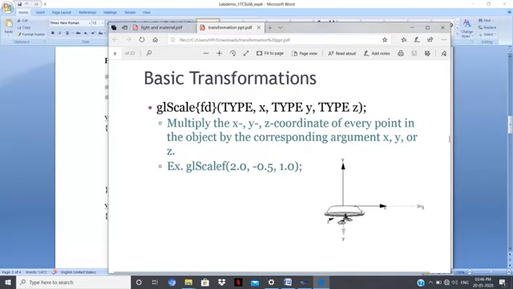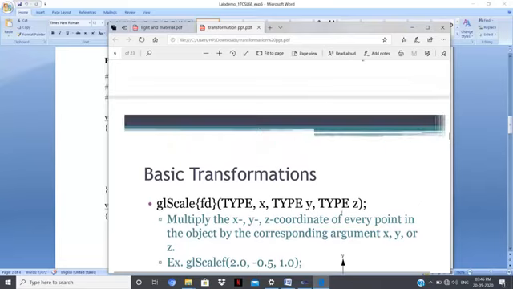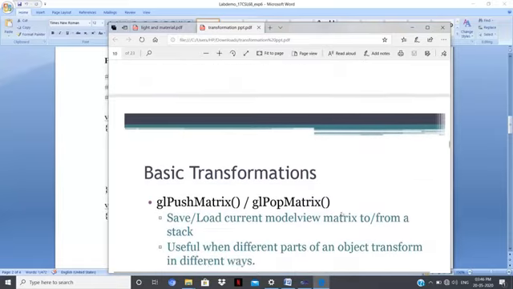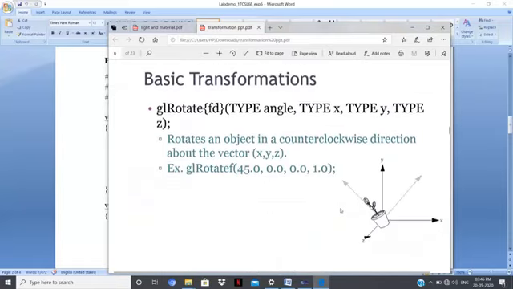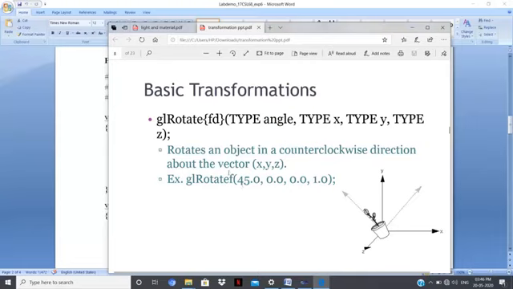So with scaling transformations, the object can be scaled in these directions. Look at this, in the X direction and in the Y direction, and the negative Y direction. So that is glScale. And basic rotation: rotate an object in a counterclockwise direction about the vector x, y, z.